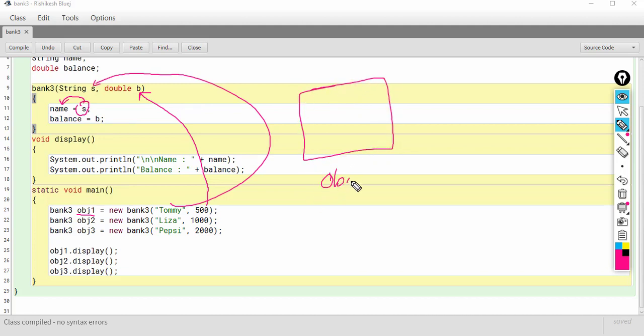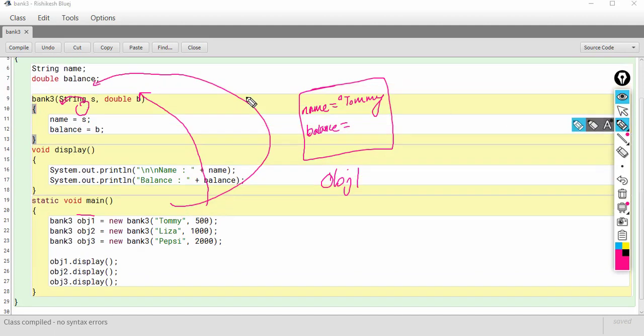In obj1 the name will contain Tommy, and the balance instance variable will be assigned with the value of B. So B is 500.